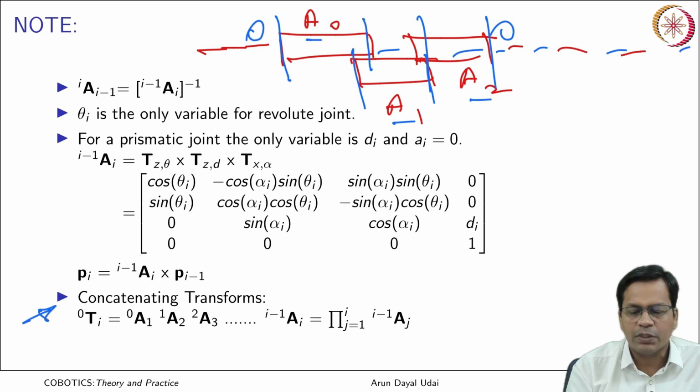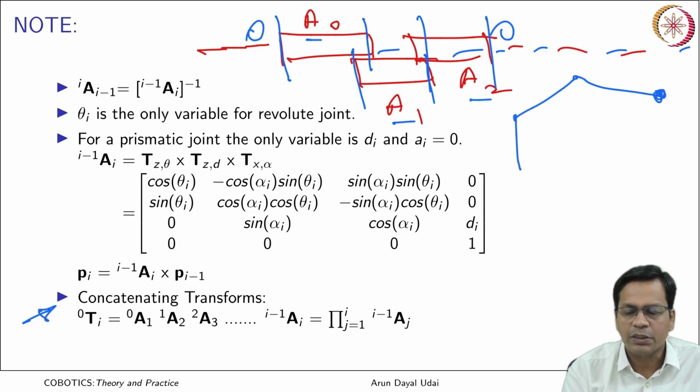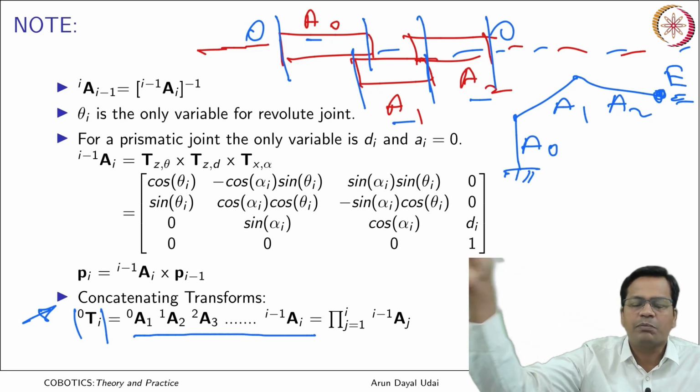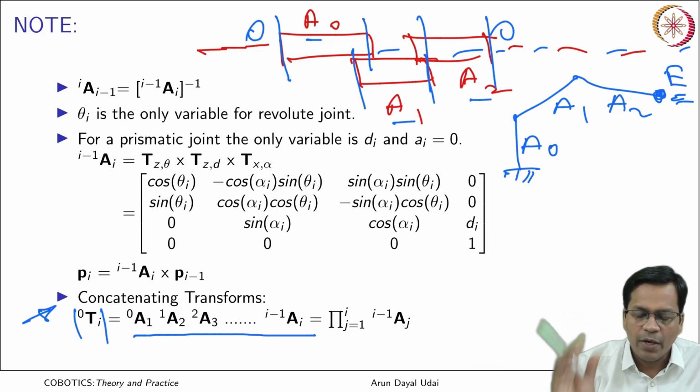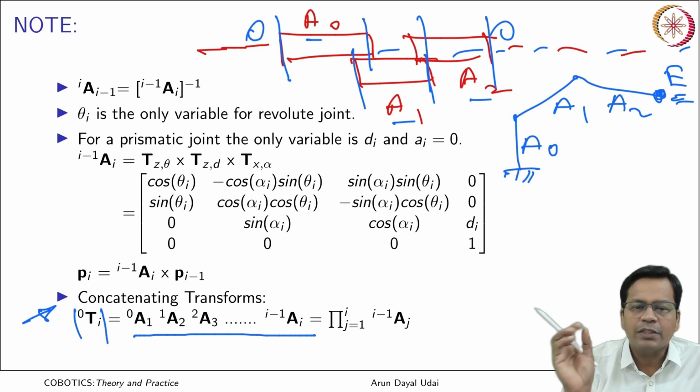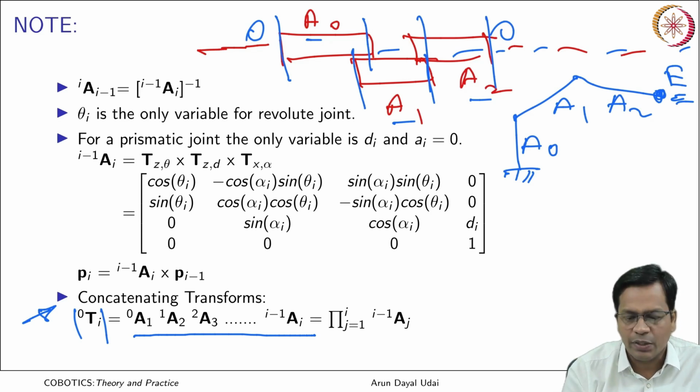So, if you have to do forward kinematics for a robot, you have to reach the end effector from the base. Each link has its own transformation matrix. Okay. So, what you will do? You will multiply them together and finally get the state of the end effector. So, the final matrix that will come out of multiplying all of the link transformation matrices will give you the final 4 cross 4 homogeneous transformation matrix, which finally gives you the state of the last frame, that is also known as the end effector frame.